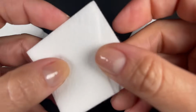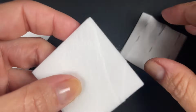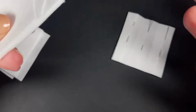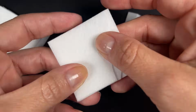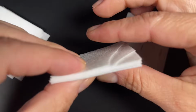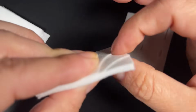If you don't have access to that product or it's not in your budget, whatever the reason, if that product's not something you can get your hands on, which is fine. Also, maybe you get your hands on it and it doesn't work for you how it did for me. There's a bunch of people that it's worked great for, and nothing works 100% for everybody, but it is an option. If you cannot do that, one thing you can do is always make sure that your nails have at least a base coat, which is what I'm wearing right here. Just because that helps, it's a layer that stops them from doing this and